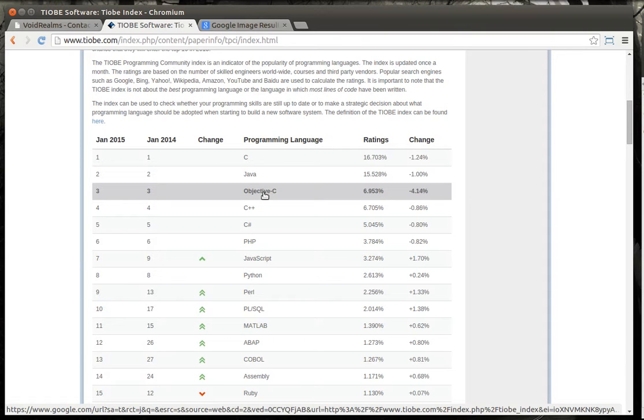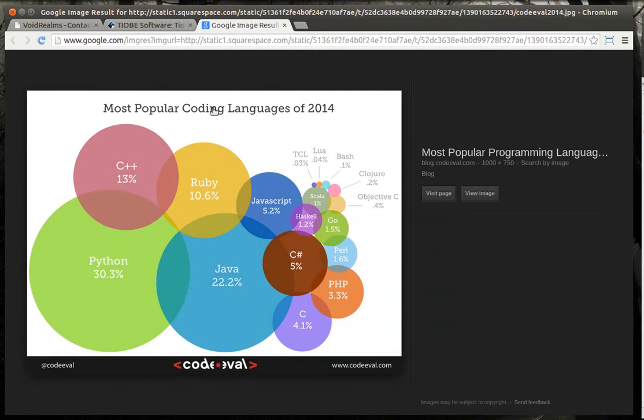So the objective of this tutorial is I'm going to show you some handy shortcuts. If you also look for the most popular coding languages of 2014, you'll see some trends. Go has a 1.5% share of the market, and Go is a relatively new language. Python's an old language, but it's only recently been getting hyped up, and now it's got 30% market share. Why is that? Well, it's easy to work with. Java is easy to work with, and it's also 22%. You notice the harder languages like C++, C Sharp, and C are a little less popular in searches. So people like fast, easy languages.